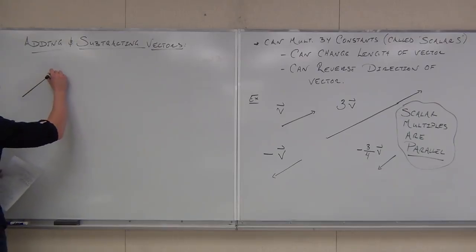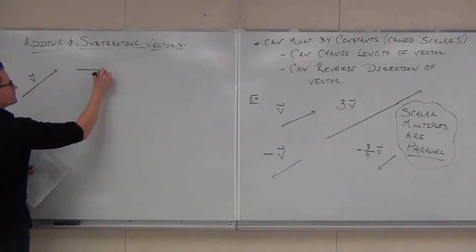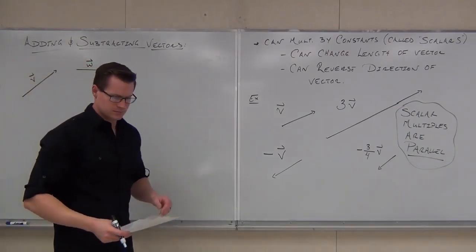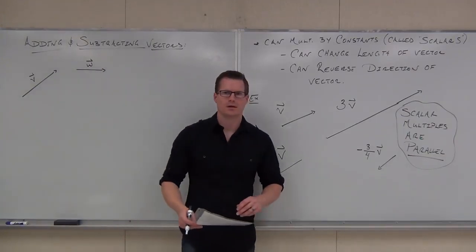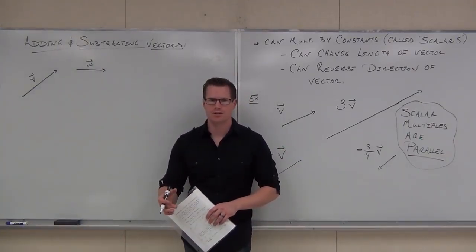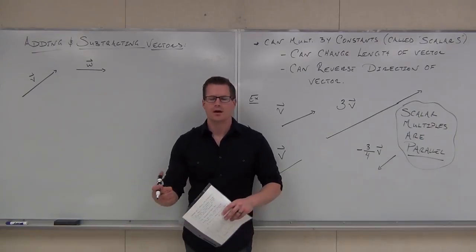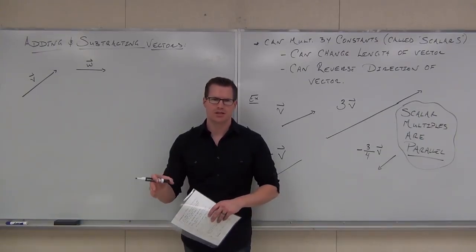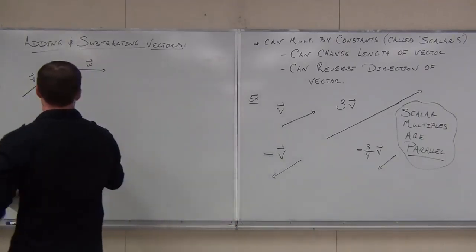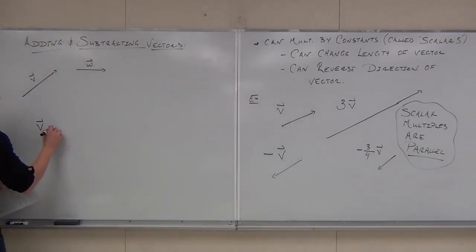I'm going to give you V and W. Here's our concept for adding vectors. Honestly, not that hard to do, but you do have to know what's going on. When we add vectors together, the idea is we're going to take one vector. So if I wanted to find V plus W,